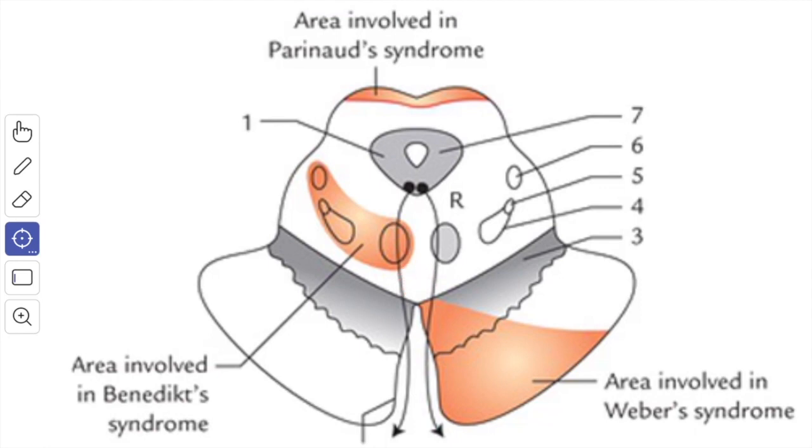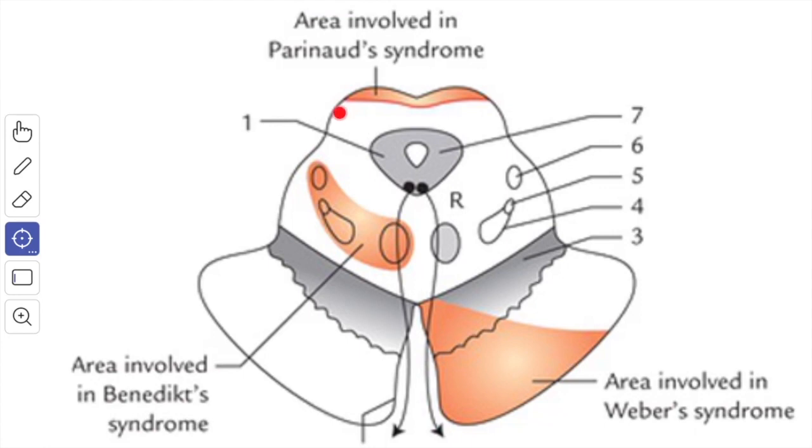So it is characterized by ipsilateral lateral squint and ptosis due to the involvement of oculomotor nerve fibers, contralateral loss of pain and temperature sensation due to the involvement of spinal and trigeminal lemnisci, and also contralateral loss of tactile, muscle, joint and vibration sense due to the involvement of the medial lemniscus. Then contralateral tremors and involuntary movement in the limbs due to the involvement of the red nucleus and the fibers of the superior cerebellar peduncle entering into it.